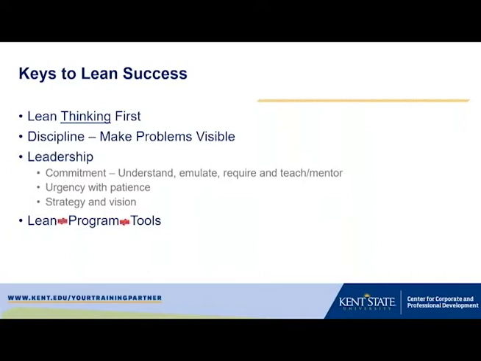So really the key here is to really understand what it is that lean is trying to promote. What are the overall goals, the ideal state, the true north condition that we want to get to? And what we're going to agree on is a discipline to do that. A discipline that says we're going to make the problems visible. We're not going to hide things. We're going to call it like it is. And when we have problems, we're going to meet them head on and fix them.